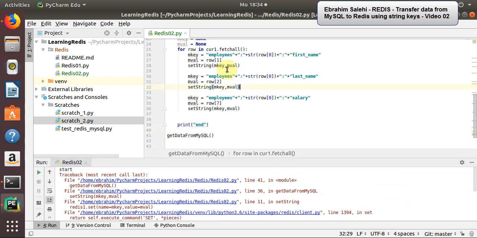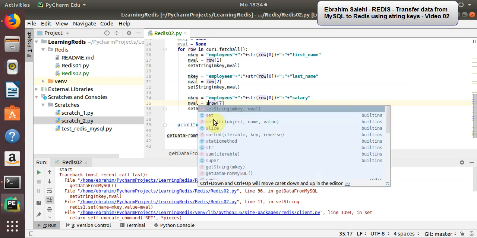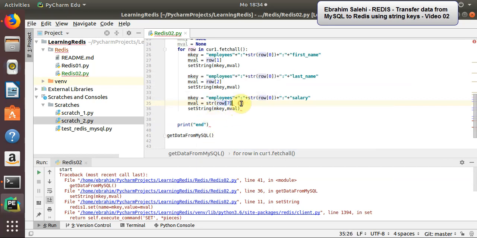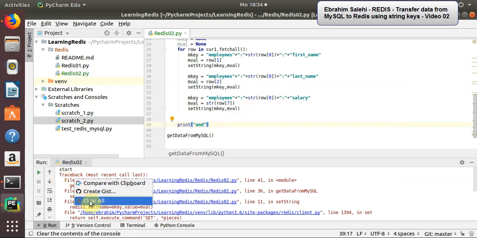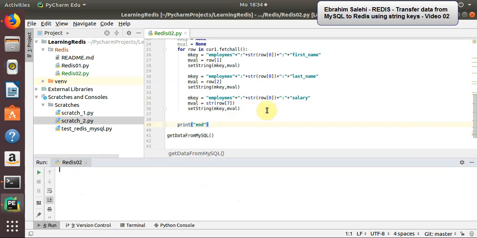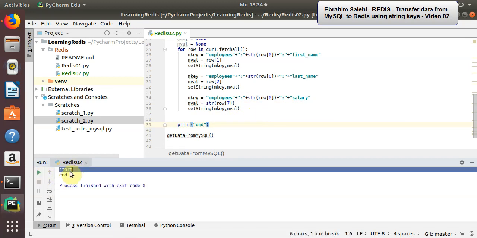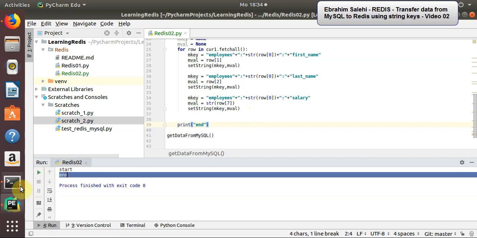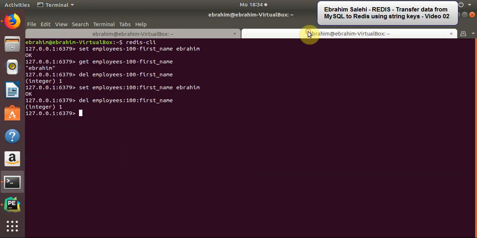At first, the row 0 is here and the values, some values here. So maybe I have to use a string for the salary because it's not a string value, and it's the salary. Salary is a number. Okay, start and end. And you can see here, if you come here in the Redis,